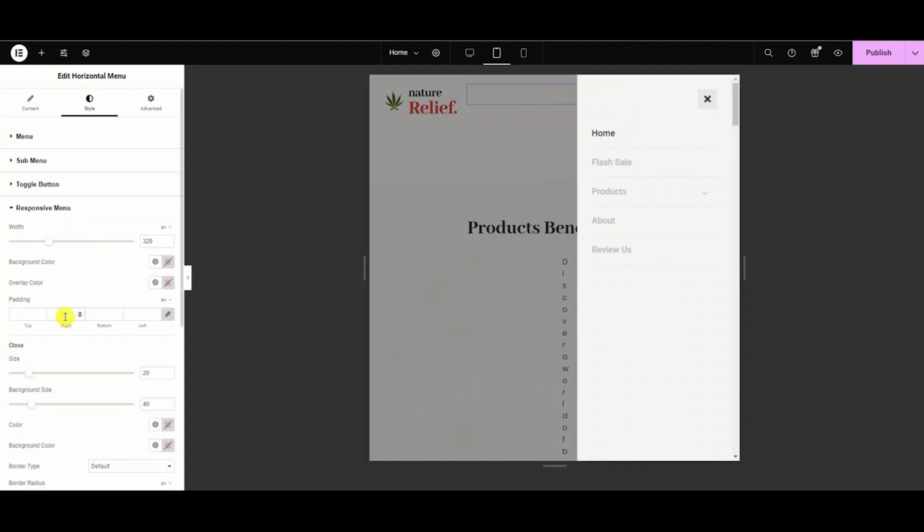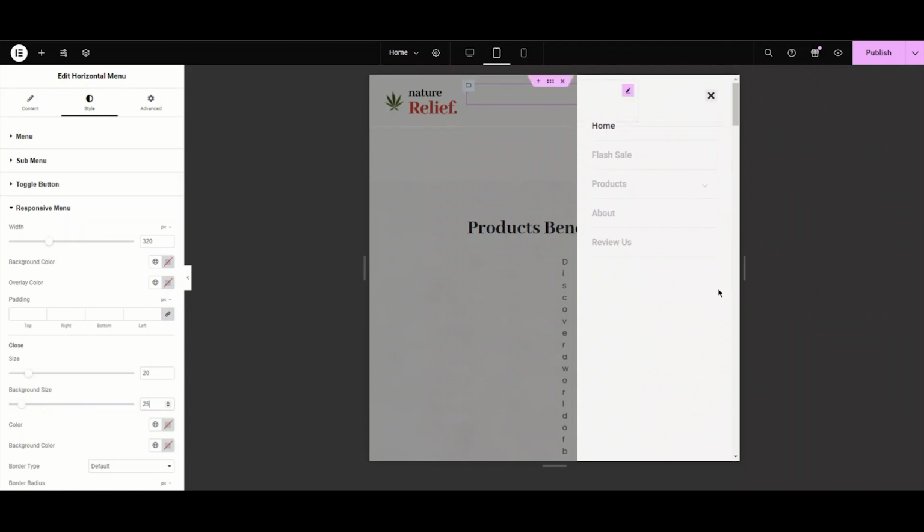Now we have this padding option. Let's try 20. Oh, somewhat 50. You can see. Now we have this close button option. From here we can adjust the close button size and the background size. I'm setting the button size to 20 and the background size to 25.